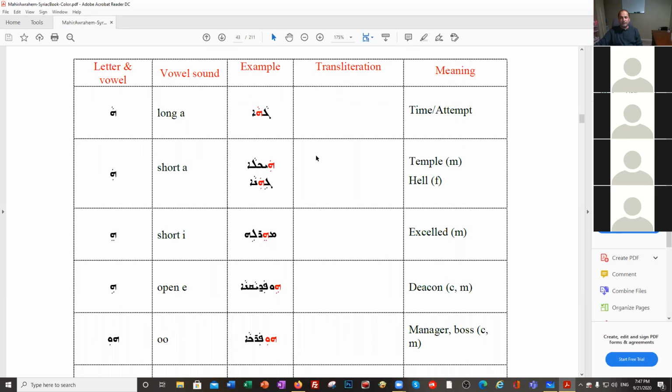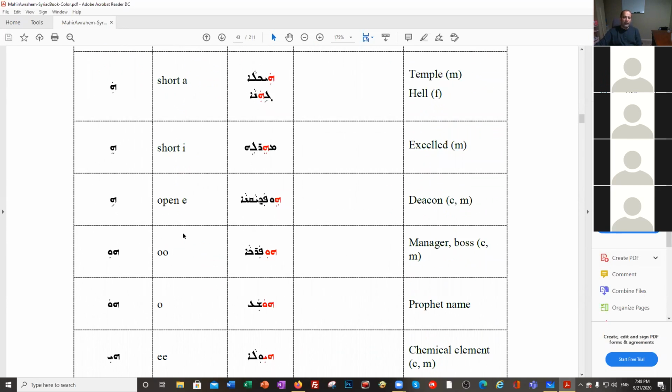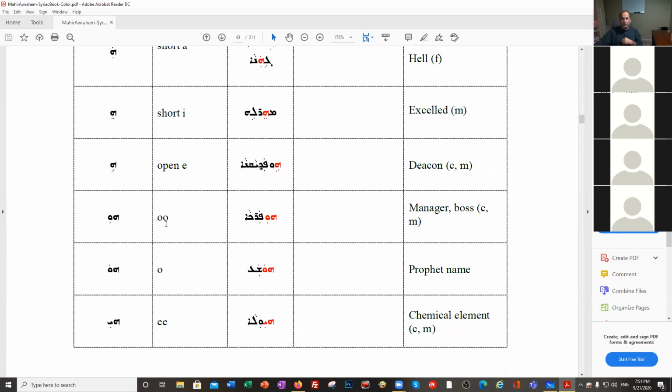gaha, time, attempt, with the short a, ha, hayikla, ha, yikla, ge, hana, ge, ha, na, gehana. He, with a short I, he, mherle, mherle. He, open E, he pod yakna. He pod yakna. Okay, with the who